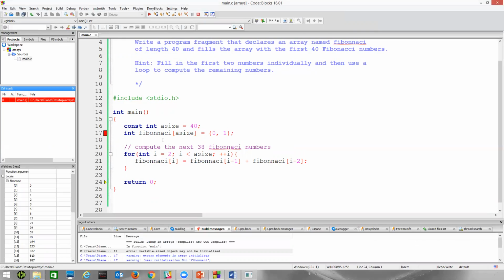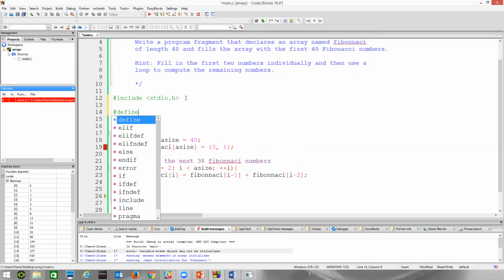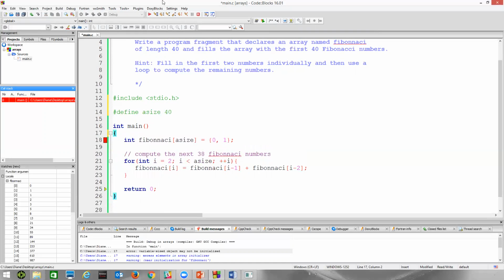I had not gotten around to discussing this yet. This comes in the later part of the lecture. If you're watching this after the first lecture on 1D arrays, this is actually called a variable-sized array, and it cannot be initialized. Now, will it let me do this? Define a size 40. If I get rid of this, and now,